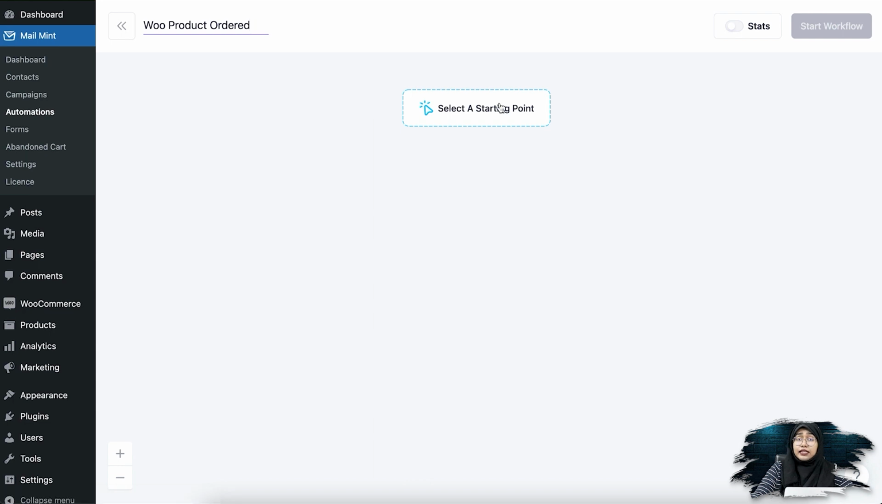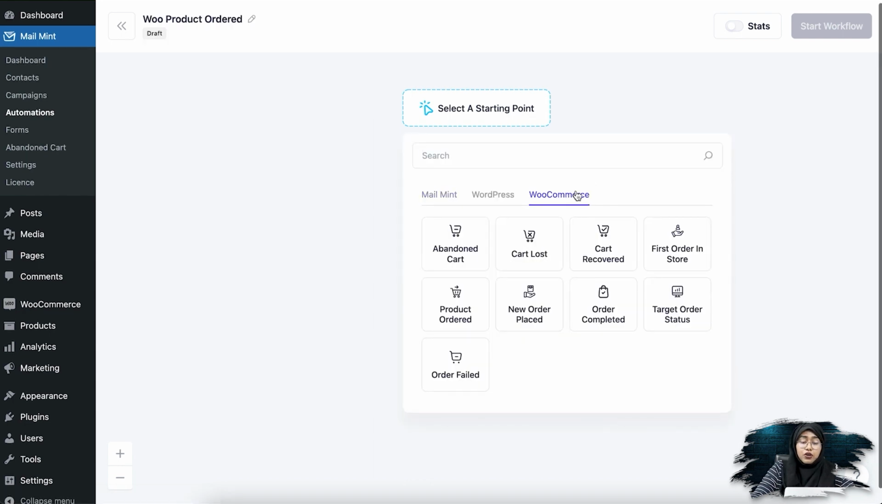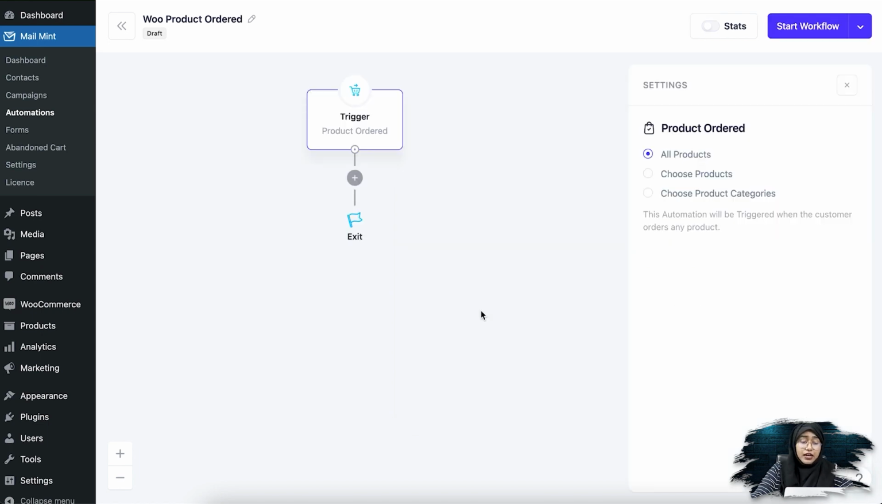And then you have to select a starting point. Once you do that, you can see that there's an option WooCommerce. Here you'll see many triggers. For this specific use case, you need to click on the product order trigger. Once you do that, you'll see three options here in the settings tab. The first option is all products, the second option is choose product, and the third option is choose product